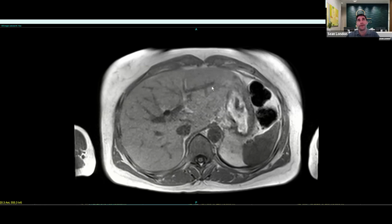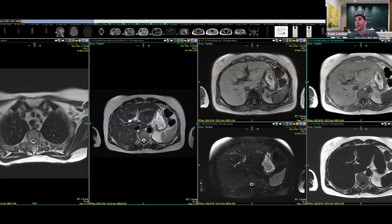When I see too much iron, it almost becomes black, darker than the spleen over here. So this looks normal. I don't see any abnormal iron accumulation here. The reason we care about either one of these is that if either process is long-standing, it can predispose to chronic liver disease, liver failure, and cancers